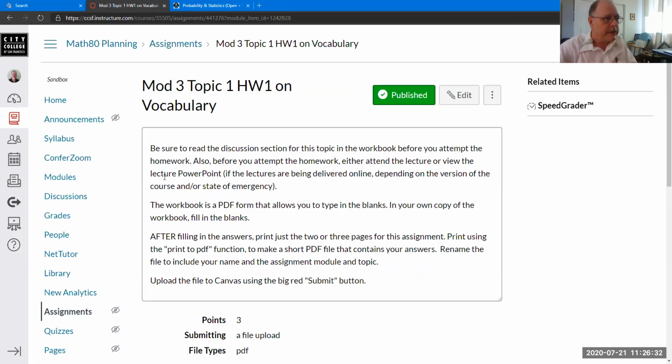I get some instructions. And for these homework items that come from the workbook, the instructions usually just refer you to the workbook. It says, read this section, module 3, topic 1, homework 1. Read the topic 1 in the workbook, and then you come to the homework at the end of the section after you read it, and then you can do the homework. And you'll submit it